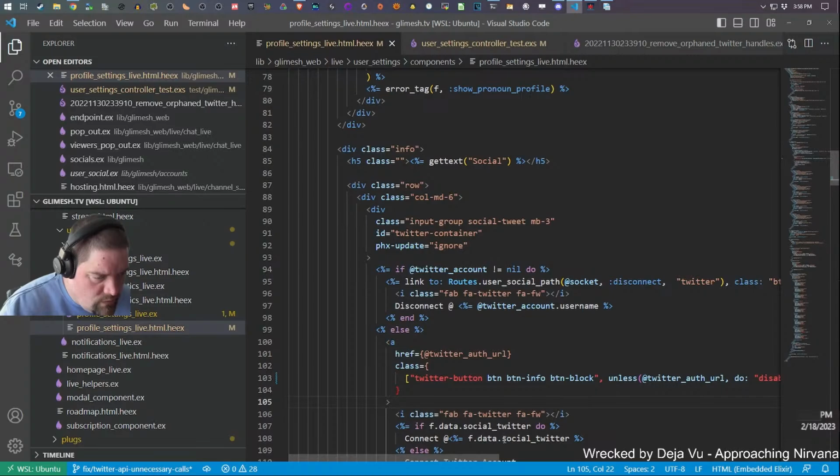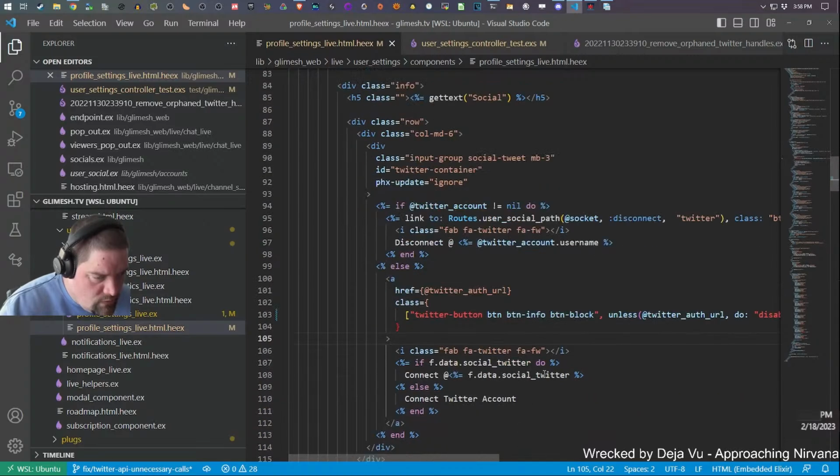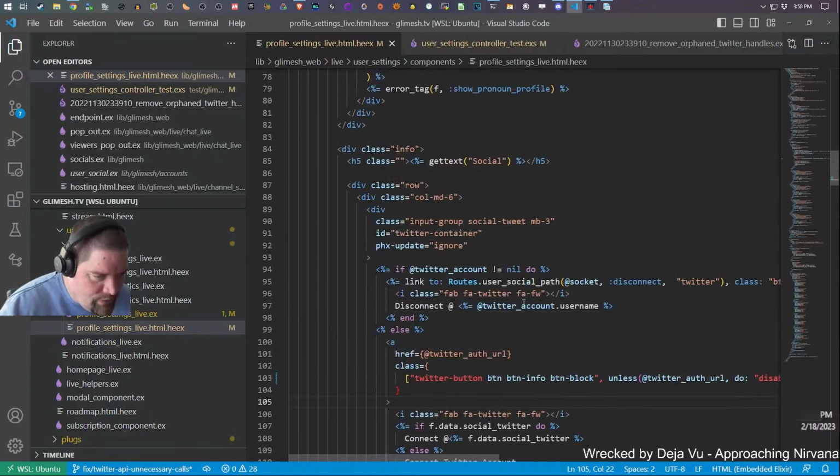Username. Twitter. Okay, so this is like data special Twitter. It's weird. And then from here we actually grab it from the account username. Anyway,